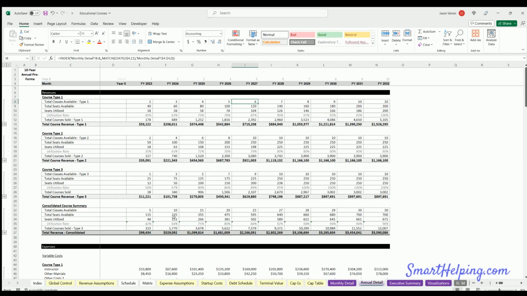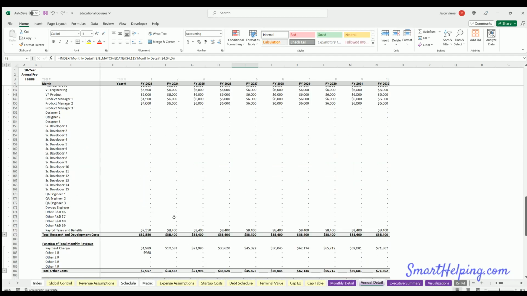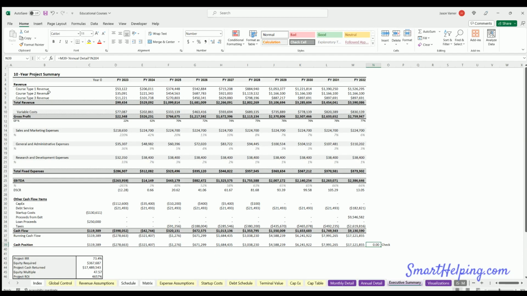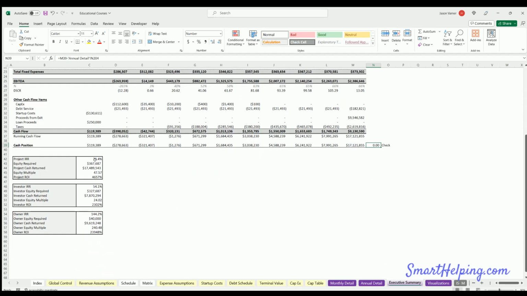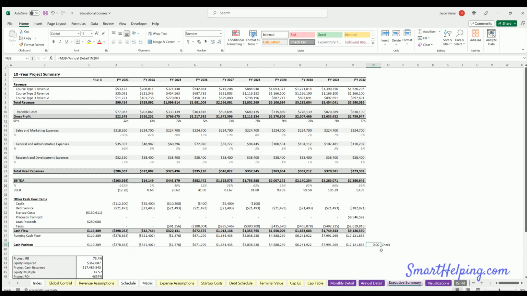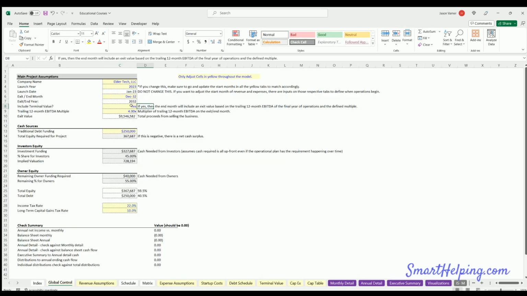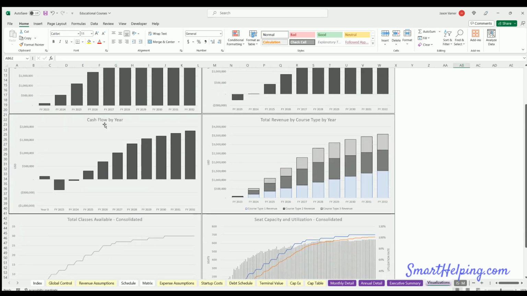Okay, so monthly detail, annual detail, same deal but on an annual basis. You got your executive summary, so high level revenue items, expenses, other items, cash flow, and then you got IRR here for the project and for investors and owners perspective. Visualization, so we've got revenue by year, EBITDA by year. Let me switch this back to off so you can see a nice chart on the cash flow,